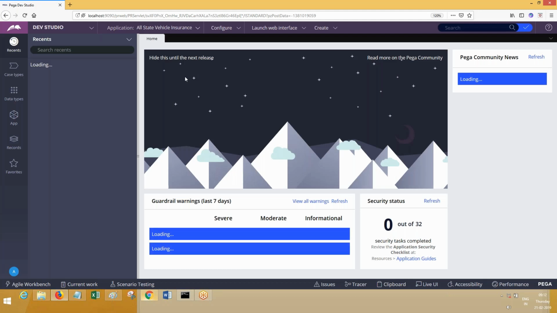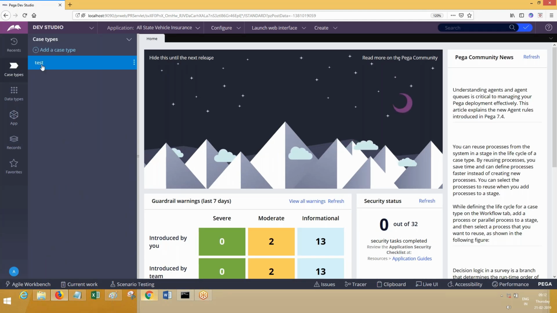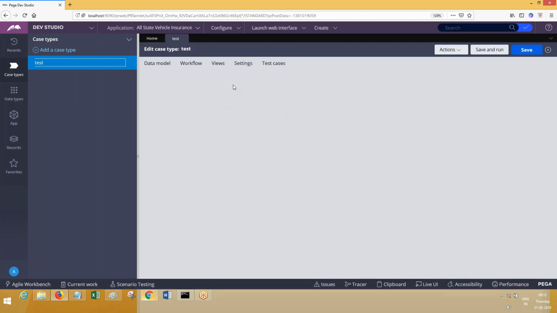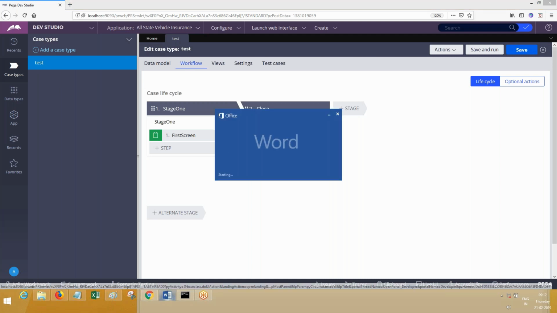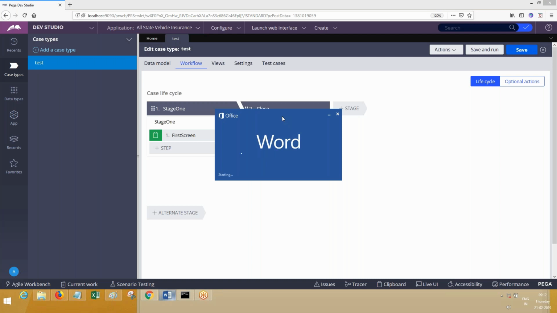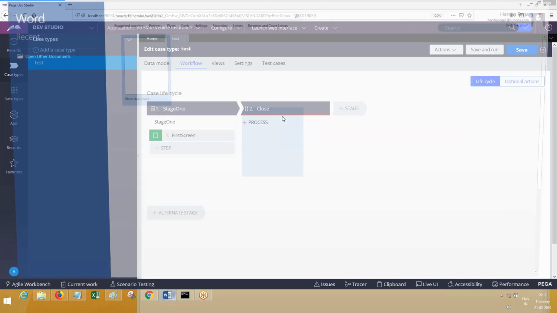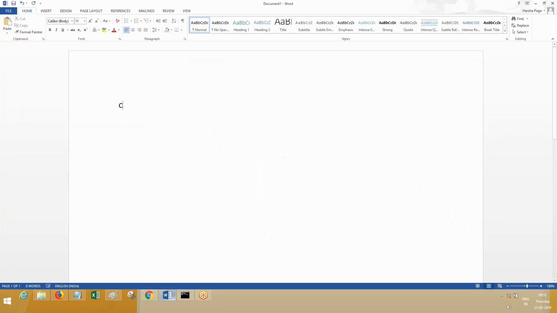What we had yesterday, what did you identify? What is the use of case types? Someone tell me, with the basic information what we have so far. So case type, it is a process rule actually. Case type, it is a process rule